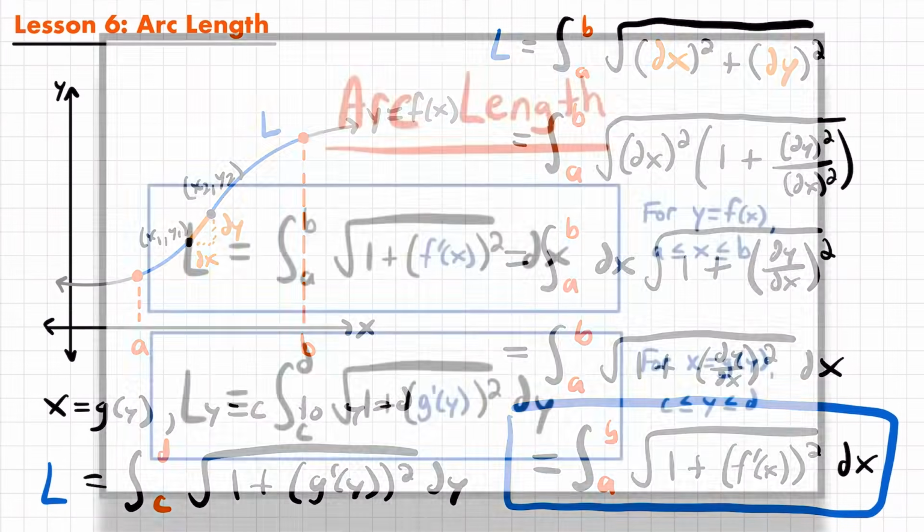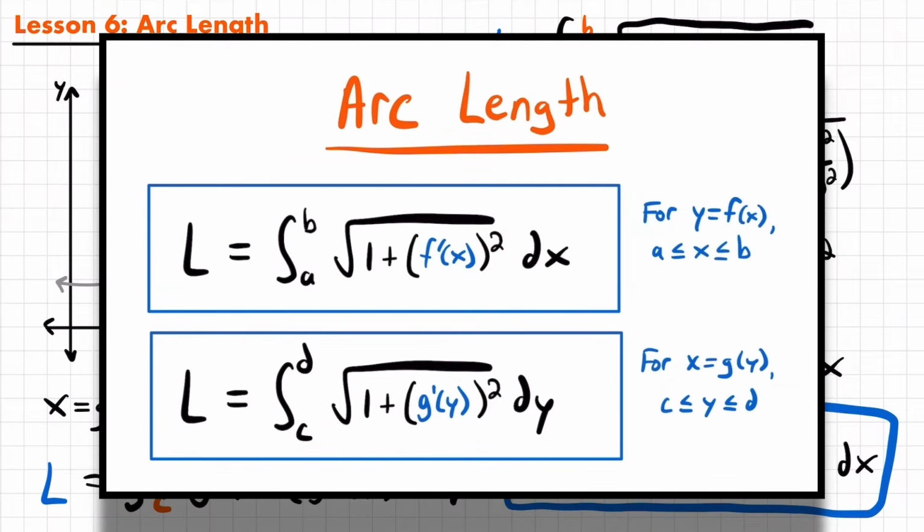And so to summarize, here are the two arc length formulas you need to know. They're pretty much the same formula, except one is in terms of x and the other is in terms of y. If we're looking at a function y equals f of x, and we want to calculate the arc length of that function from a to b, which are two values of x, then the arc length is equal to the integral from a to b of the square root of 1 plus the derivative of that function squared times dx. But if we're given a function x equals g of y, and we want to calculate the arc length between two values of y, c and d, then the arc length is equal to the integral from c to d of the square root of 1 plus the derivative of g of y, g prime of y, squared times